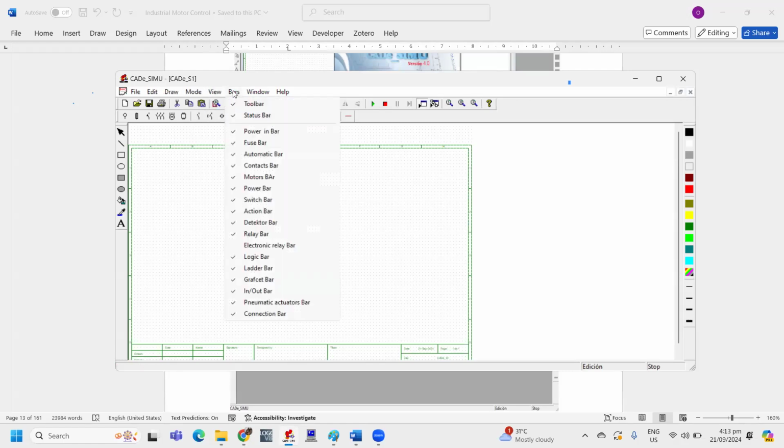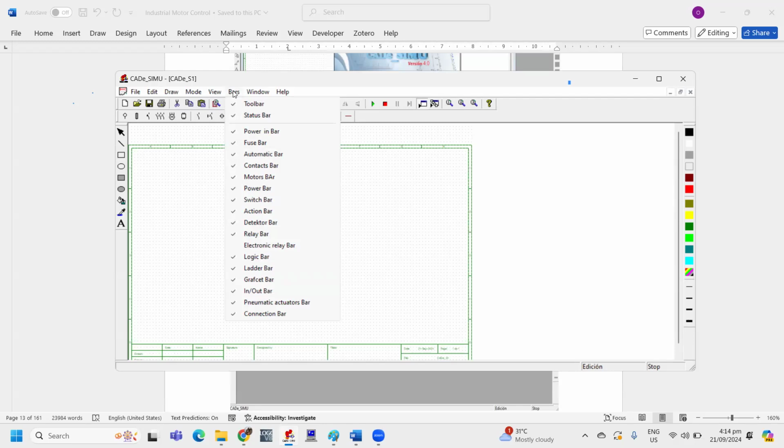For the toolbars, here is the most important. So you can also view all toolbars of the circuits of the CAD simulator.